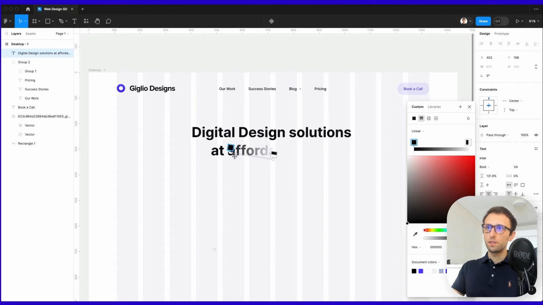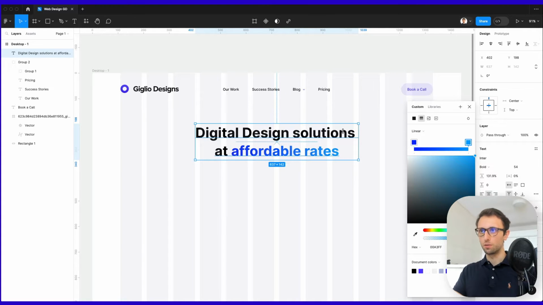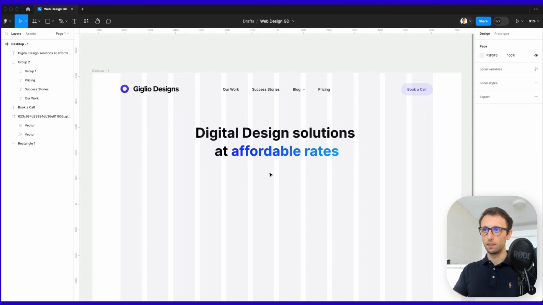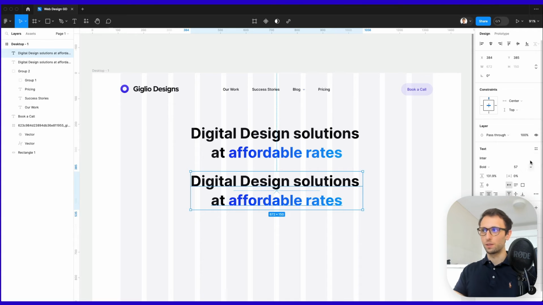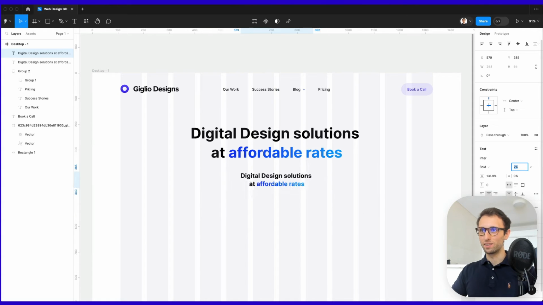And the reason why I added this gradient is to make the affordable rate element stand out. And by the way, I'm constantly trying new landing page ideas. So even this text was just a recent integration where we're trying to create a different selling point, but all of this is work in progress. So by the time you're looking at the final, it's probably going to be quite different, since I won't